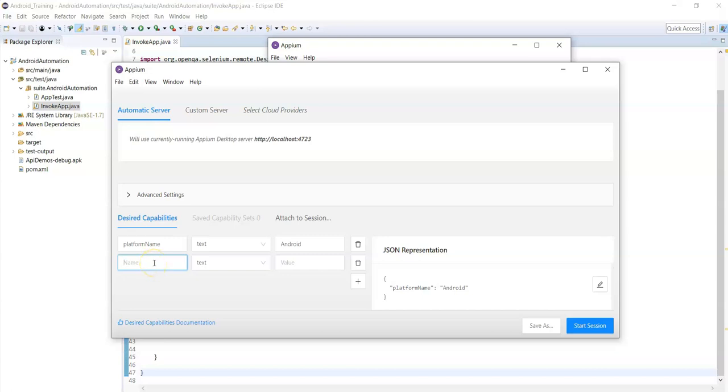So for that you need to provide the device name. Device name is emulator-5554, right? As we have connected only one emulator to the system, we have no need to include the device name capability. Now simply click on start session.